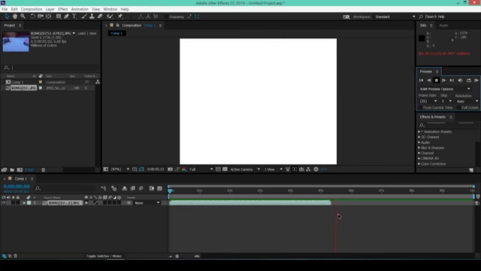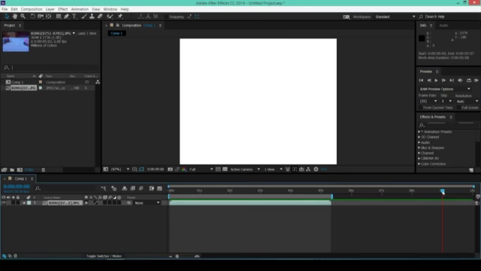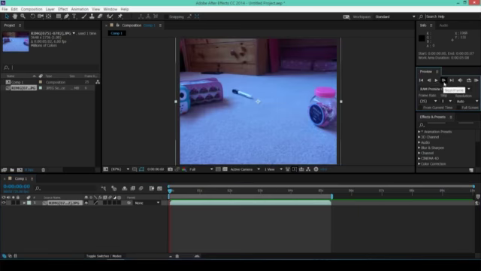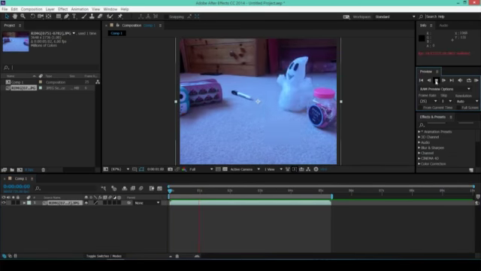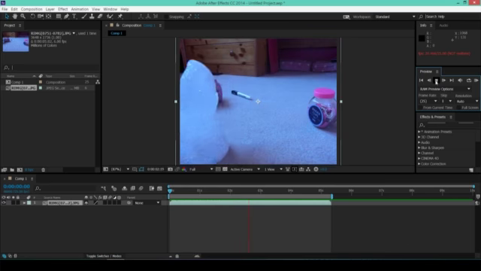When it reaches the end, we see some blank frames. This is because the work area is longer than the duration of the animation. To stop it showing the blank frames, I'll click and drag here to resize the work area, dragging it along to the end of the animation footage. That will prevent any additional blank frames at the end of the animation. Let's rewind and play back one more time. Now that looks a lot better,